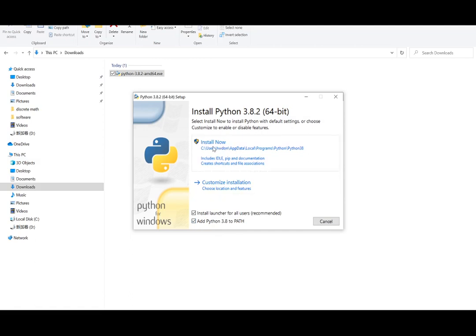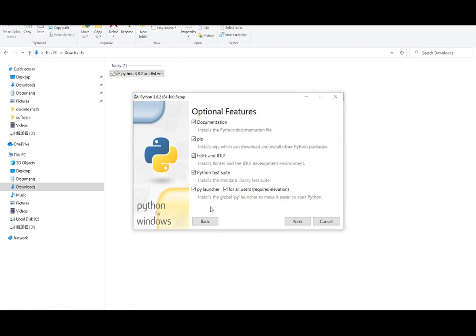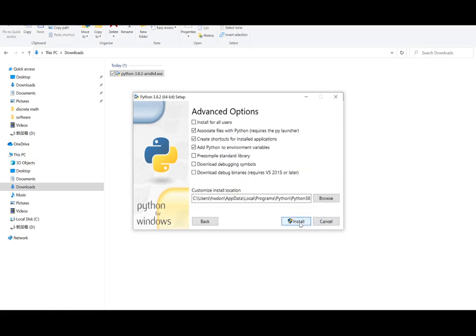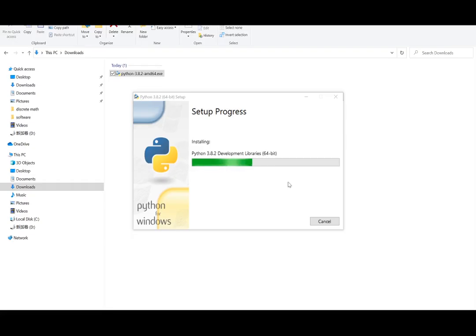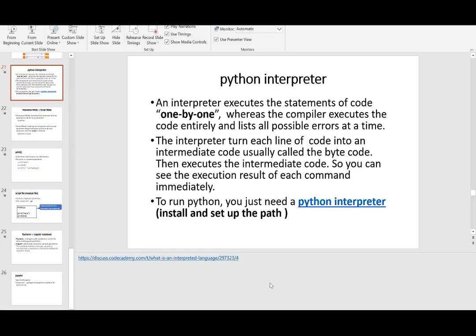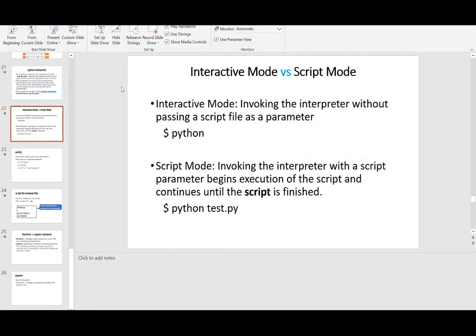Then we click Install, or Custom Install. Just next. When it is installed, I